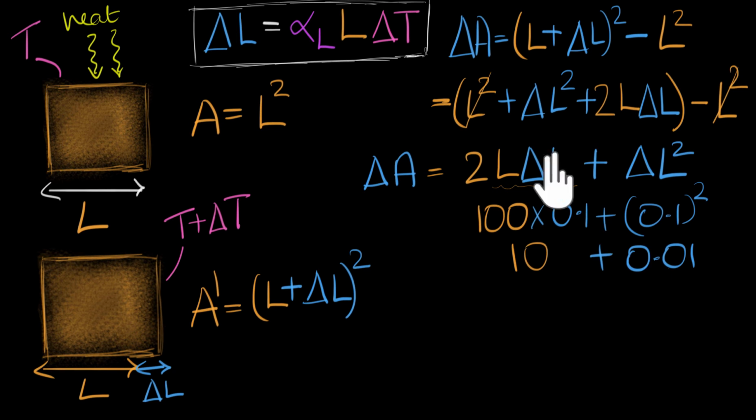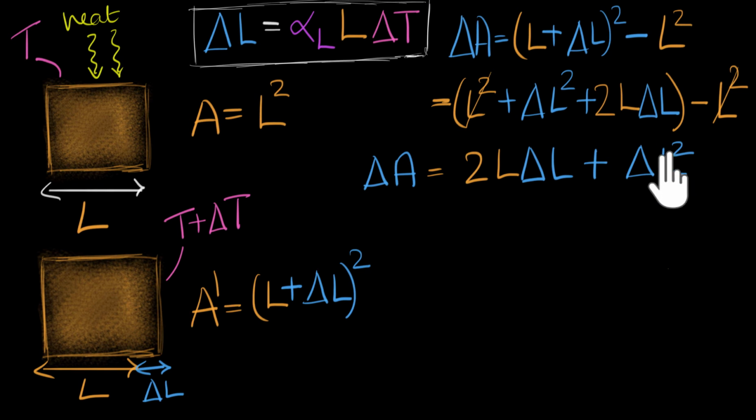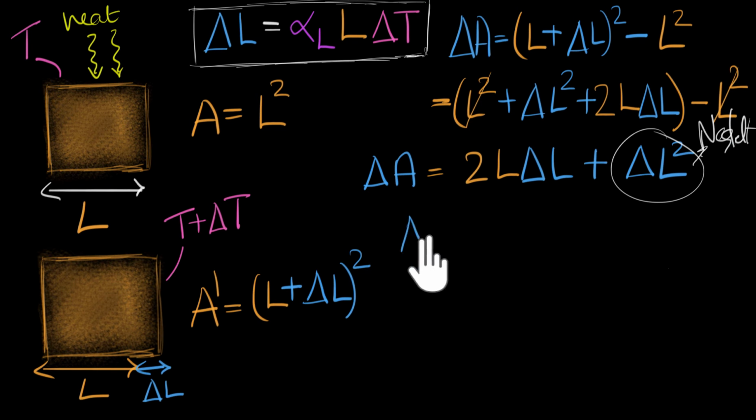So in this case, just to simplify this, we can just forget about this. So we could forget about this, and we can just forget about this, right? So we can neglect delta L square because it's much smaller compared to L delta L. All right, let's do that. Okay, so we will neglect this term. So this term is neglected. And so what we now end up with is delta A equals 2L times delta L. But what is delta L? Ooh, we already know that.